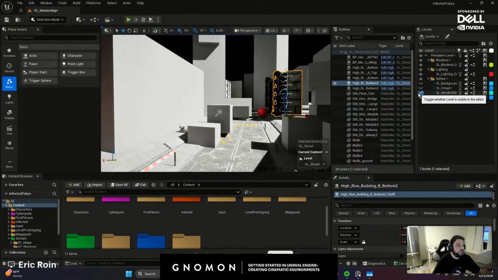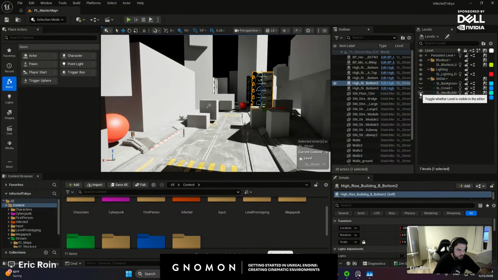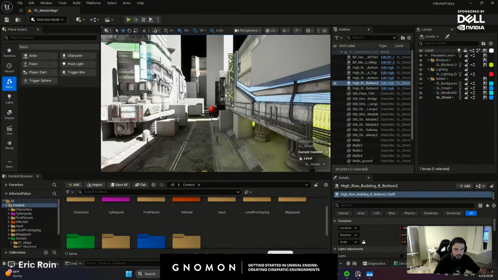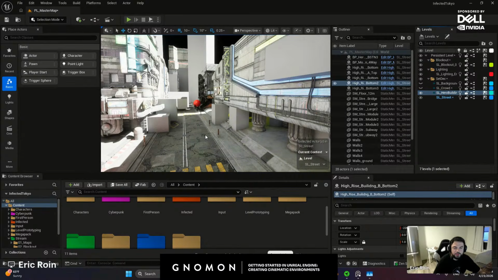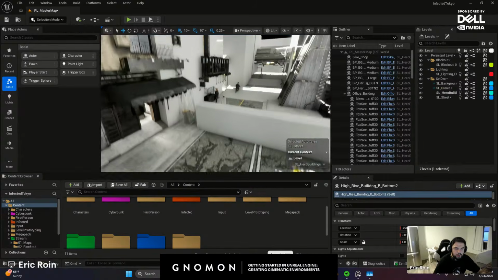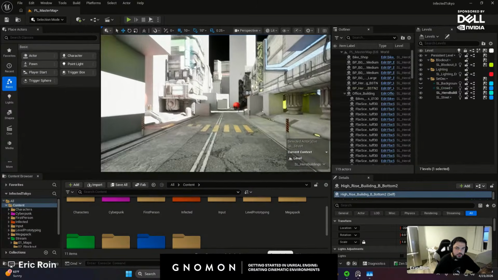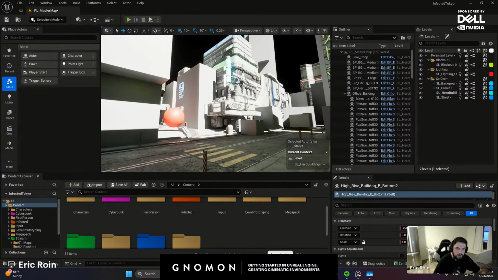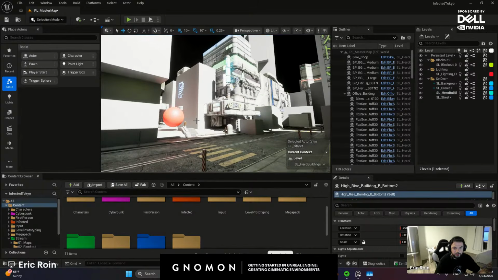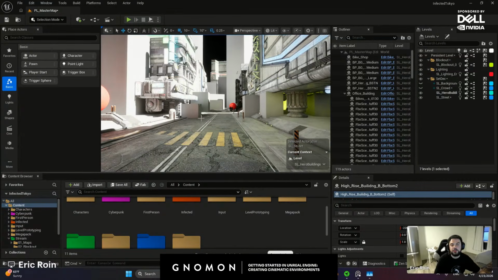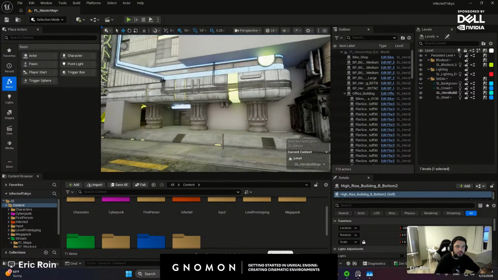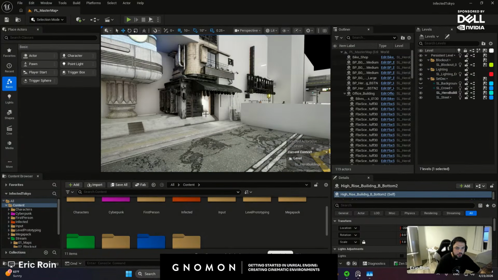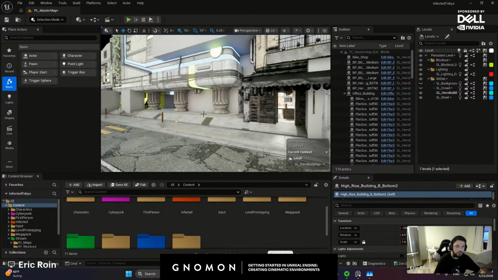Cool. Next, I wanted to introduce some of the buildings. So I'm going to click here under Hero Buildings, and as you can see, some of the buildings show up. Let's go ahead and check them out in play mode. Again, especially if you're working in games, you always want to check it from the player's perspective. It's a luxury of having a locked camera for film or TV shows, but in games, you don't control where the player goes, or at least to a specific extent. So it's really important to look at your scenes all the way around and make sure that the player doesn't break their experience or nothing really throws them off.